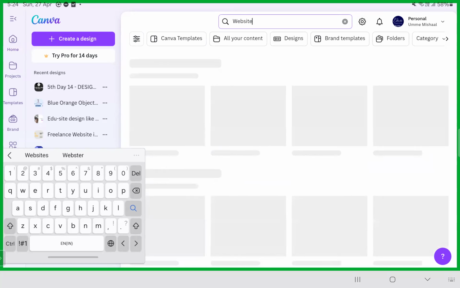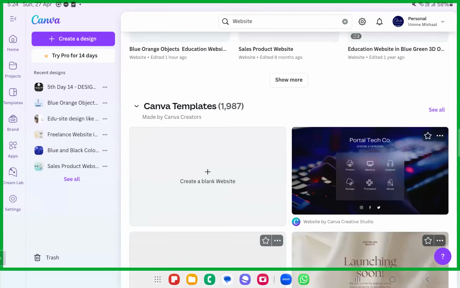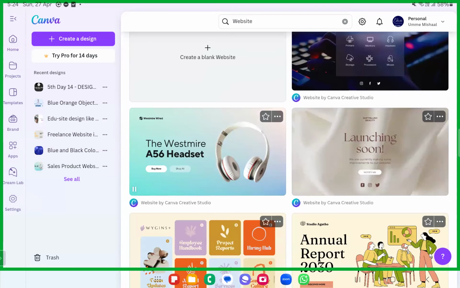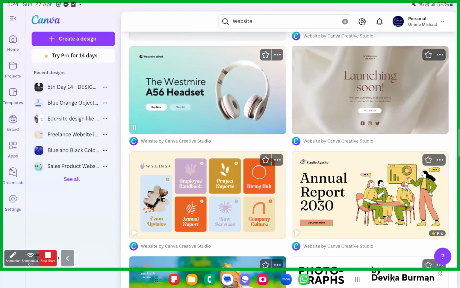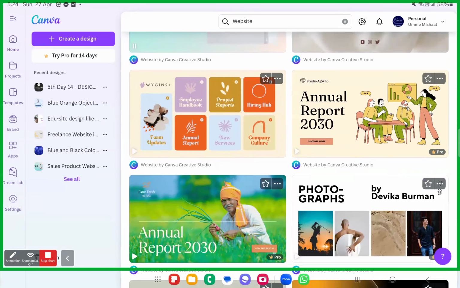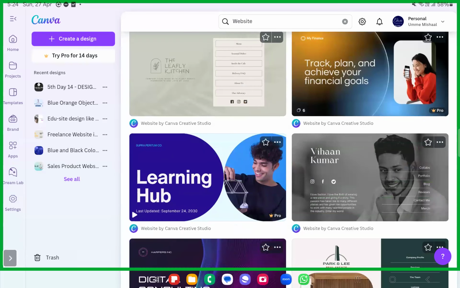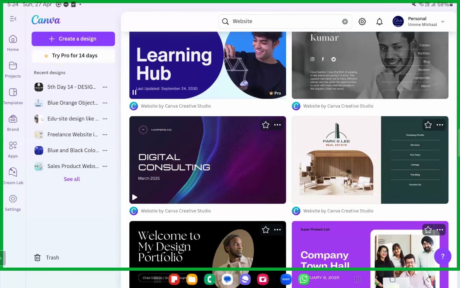Search a website, whichever you want. Educational website, any website, whatever. Name it, you will have it here. Fine. But make sure you are going to go ahead with the free version of the template, not the pro. Okay. So for example, I'll just go ahead. I'll see what would go well with mine. Okay, learning habits, it's a pro. Okay, it's a pro. Do not go ahead with the pro ones. Fine. Okay, I'll take this one.